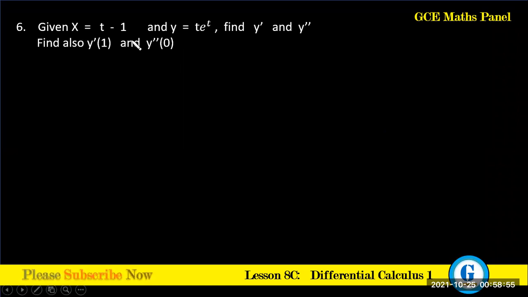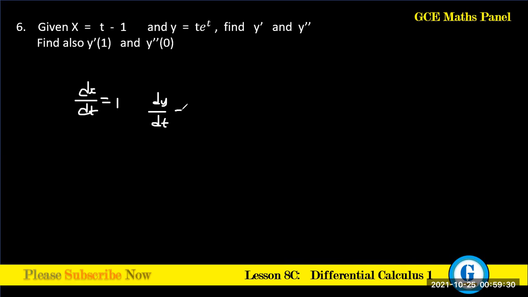So given x equals t minus 1 and y equals t e to the t, find y prime and y prime prime. Find also y prime of 1 and y prime prime of 0. That's another good question, right? So we have dx/dt is equal to 1. And dy/dt